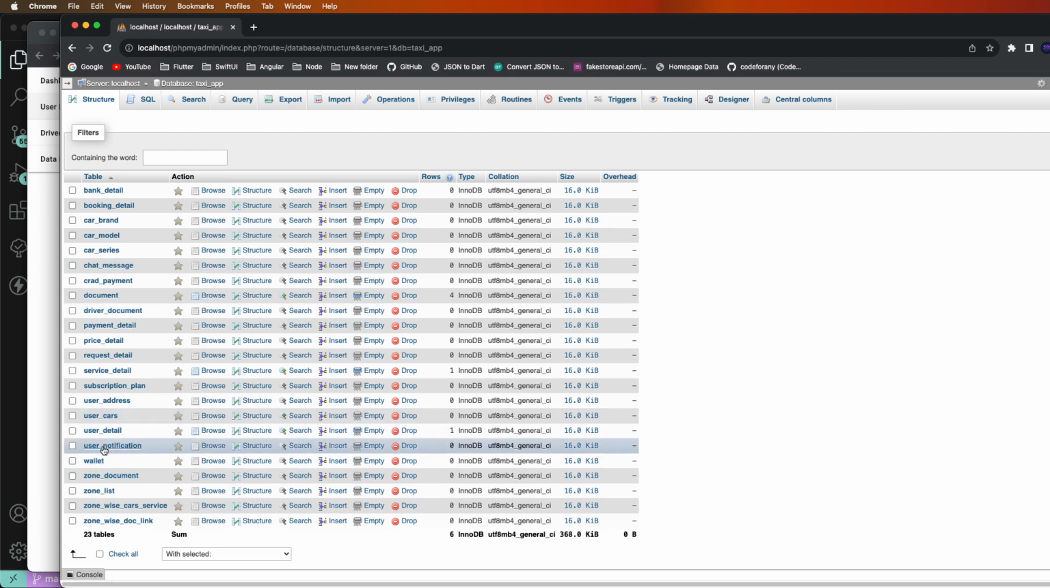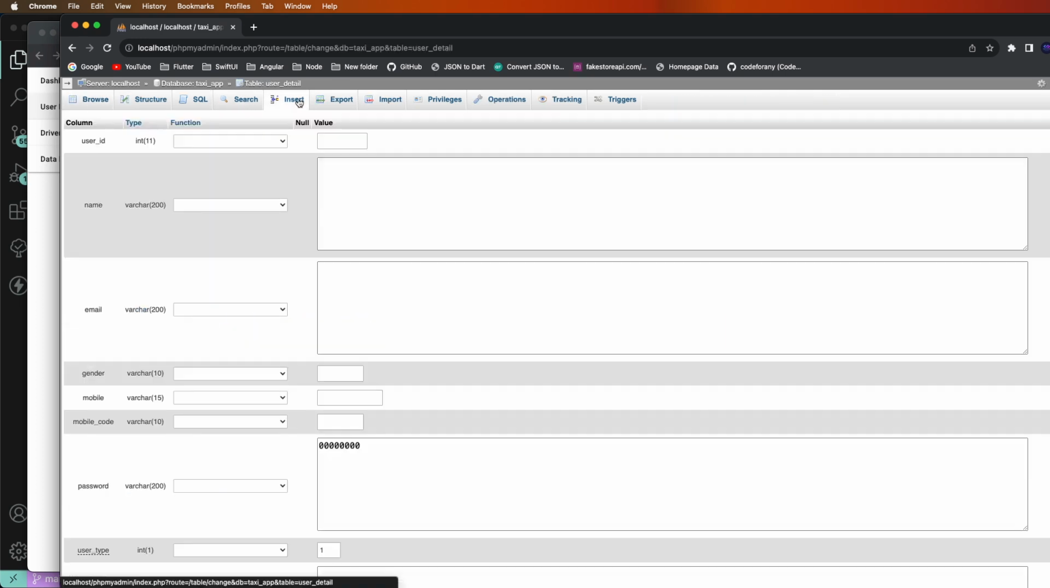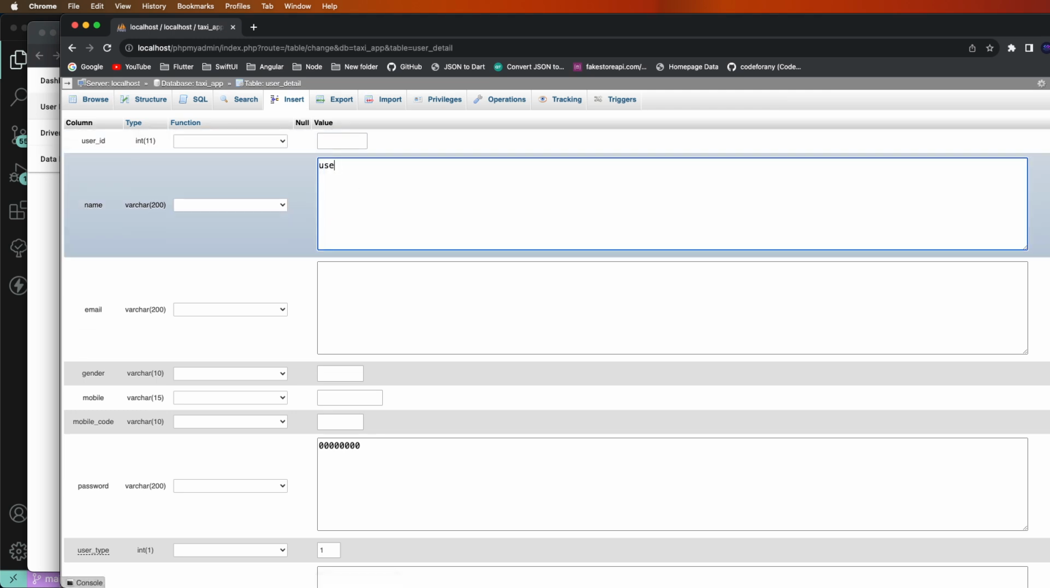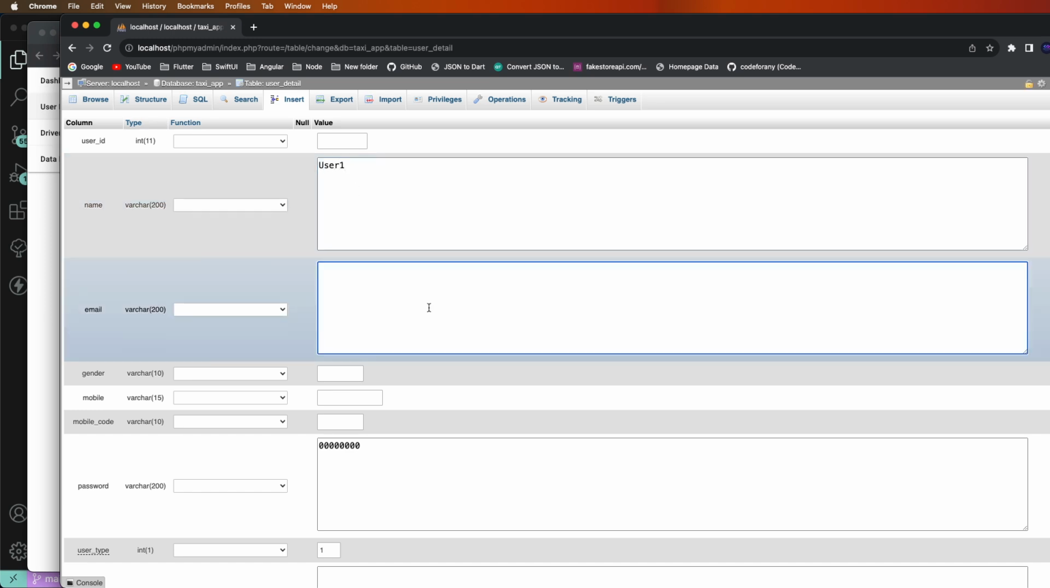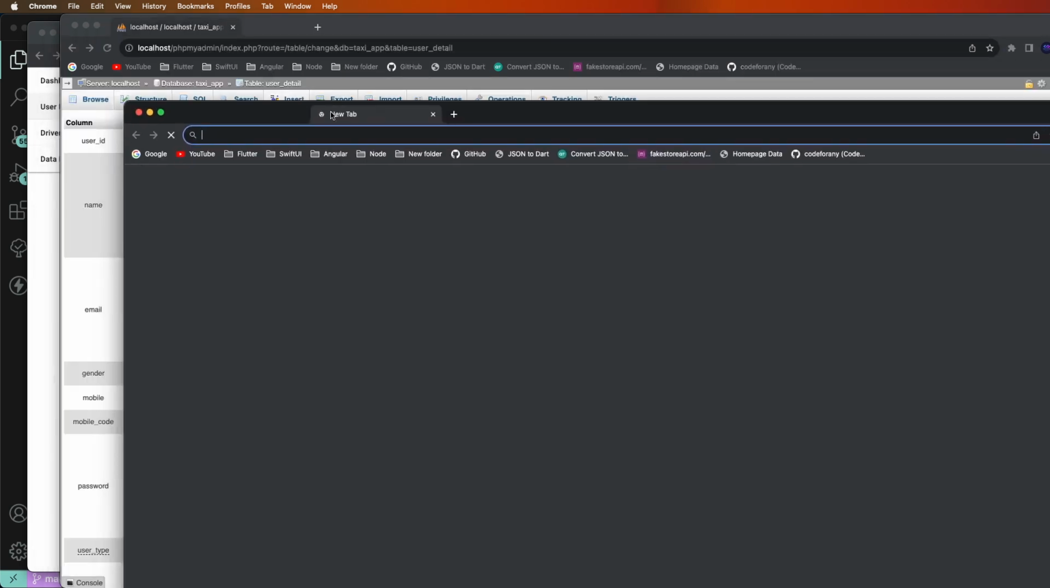Need to go inside the user table and create one user for static insert. Because we are not creating the user by calling the API for the stations right now, that's why I need to manually create one user. Go to insert, add the ID. Give the name user1, and after that the email like this. Give the gender. Need to check and identify